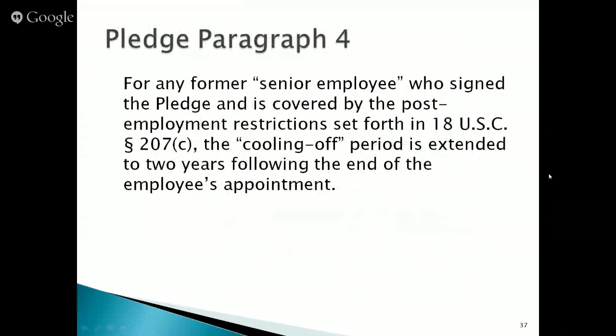But I also want to talk a little bit now about the pledge, because Mary was likely an appointee who signed the pledge. If she's a senior employee and she was a political appointee, then she likely signed the pledge. So just to remind you that in addition to her 207(c) restriction, which is a one-year restriction, she's a former senior employee who signed the pledge, so that self-same restriction is going to be extended to a second year from the date that she ceased to be an appointee, which would have been the same date that she ceased to be a senior employee. So we're still looking at that September 30th deadline. So now she's got a two-year restriction.